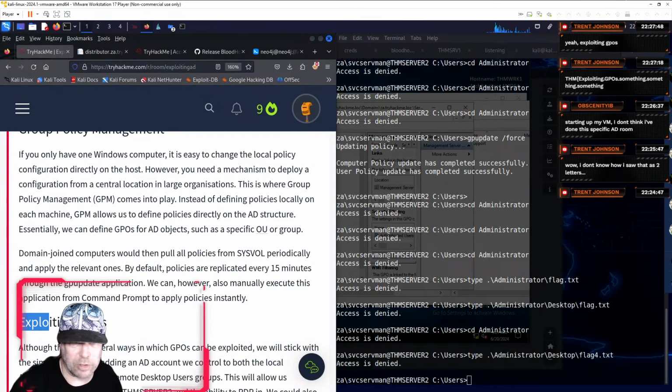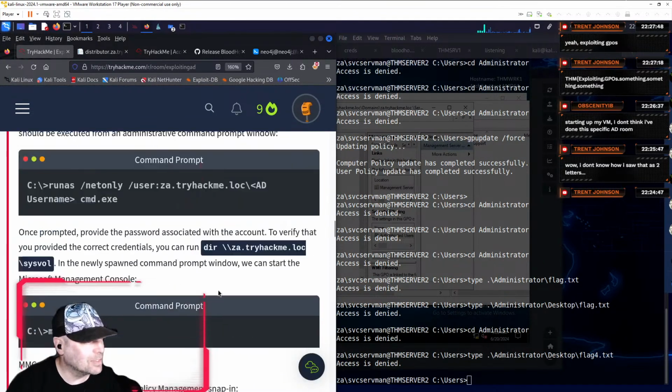Yeah, it's exploiting GPOs. I'm guessing that is correct. Exploiting GPOs for fun. And is profit 6 letters? It is. We figured it out, guys. That's what it is.